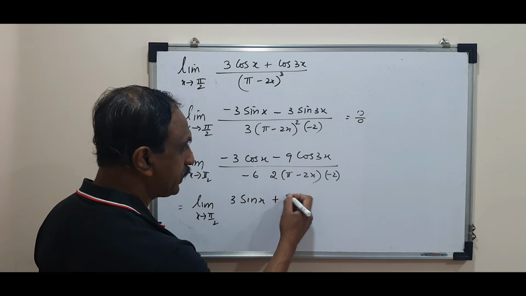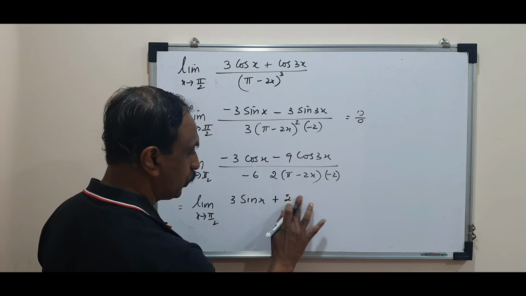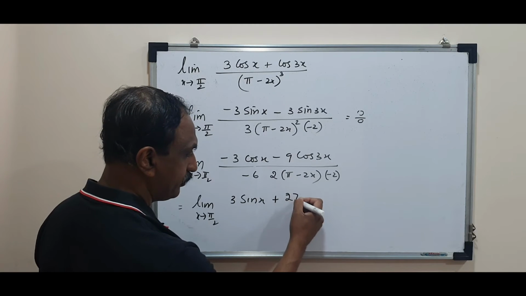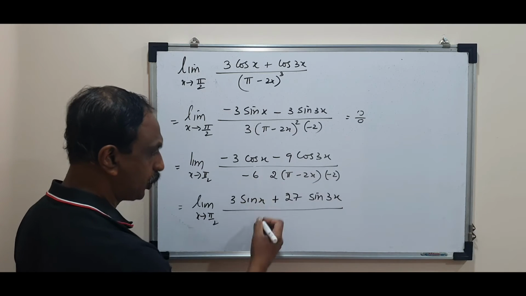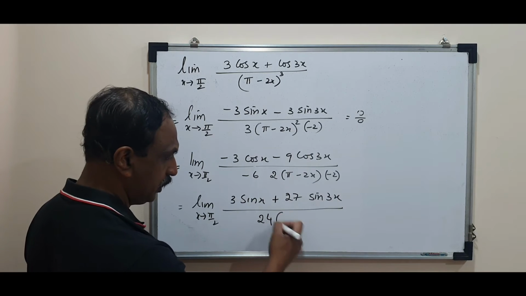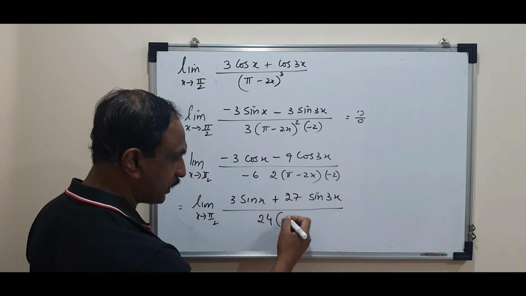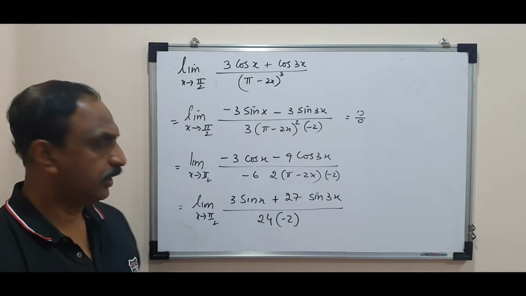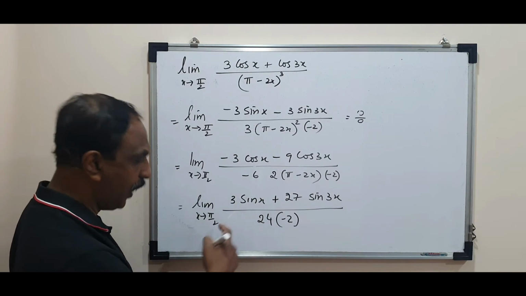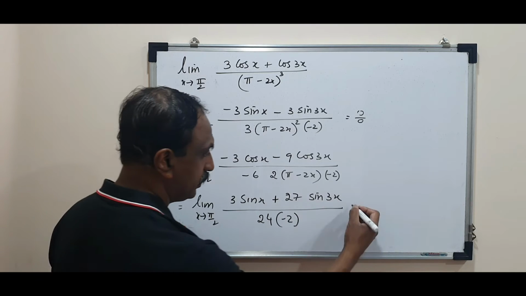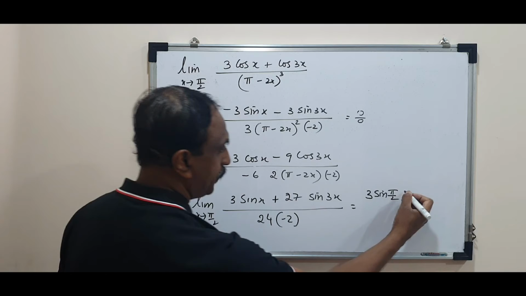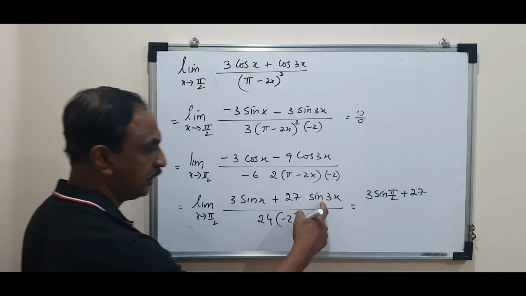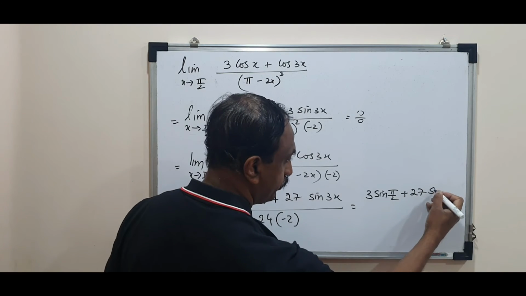This will become 27 sin 3x divided by 12 into 2, 24. Derivative of pi minus 2x, another minus 2. Now when I replace this, it becomes 1. This becomes minus 1. So 3 into sin pi by 2 plus 27 into sin 3 pi by 2